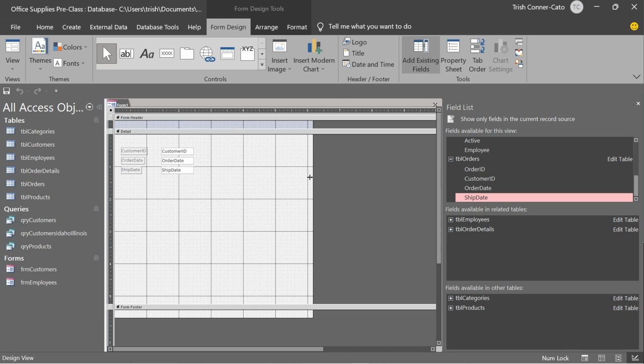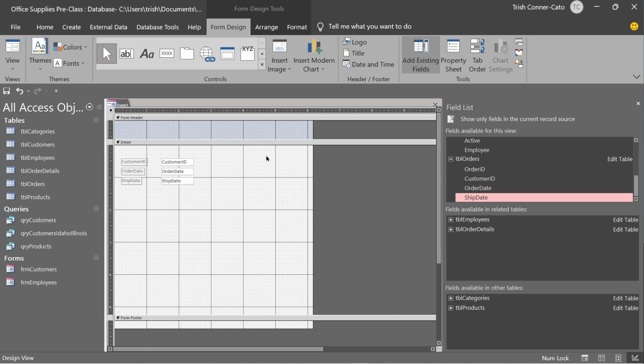So we're good with form header. We just want to put more space in the form header section. So when I put my mouse in between form header and detail, I can click and hold and drag down just a little bit. And then I want to add a label to the form header section. And in the label, we'll put text with the name of what we want to call this form,